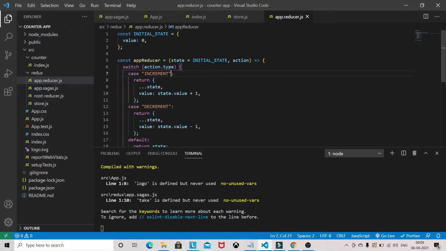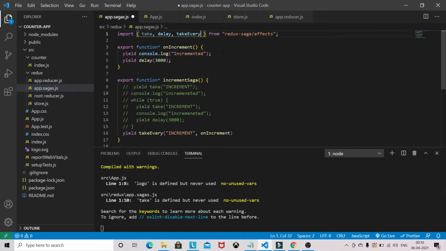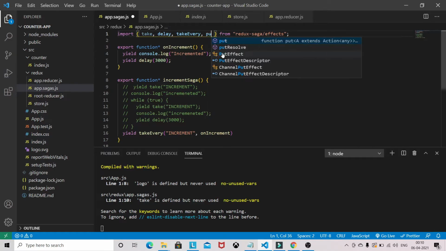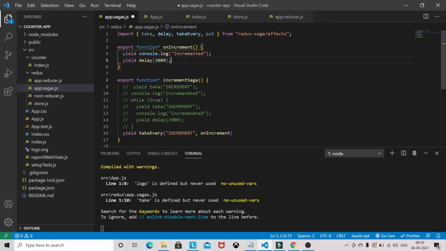So I will do it like this in the increment saga. I will import put to dispatch another action from our Redux Saga.